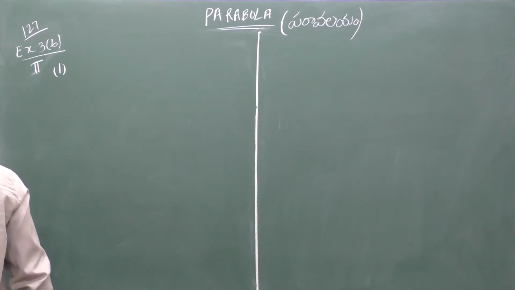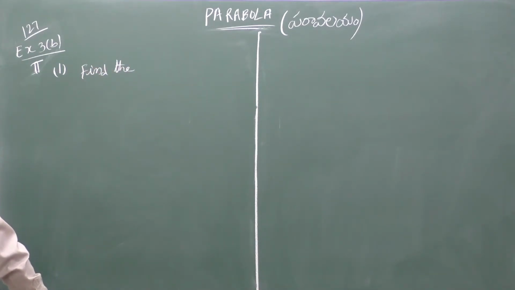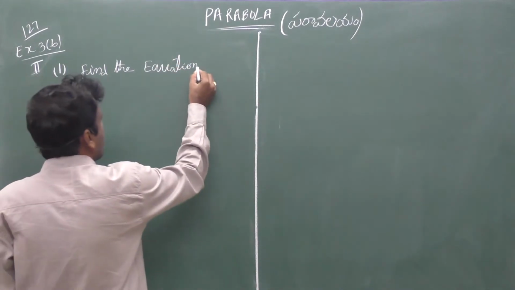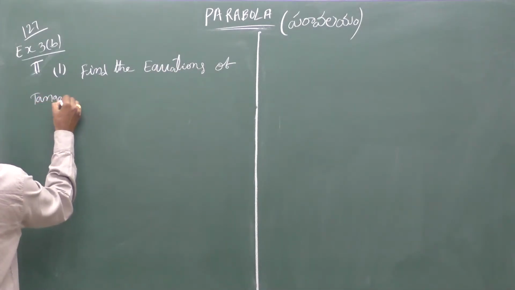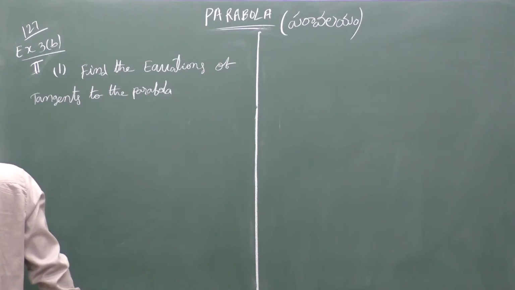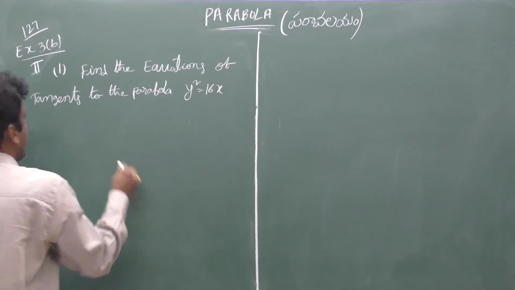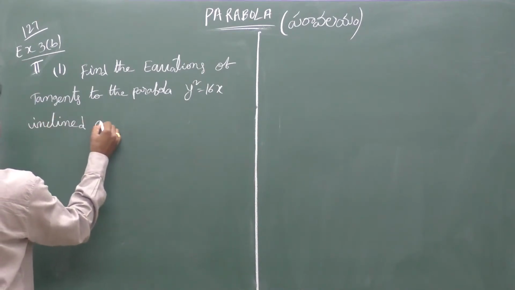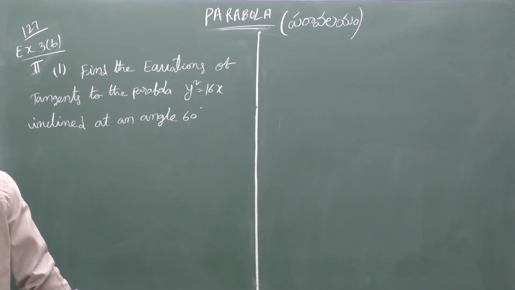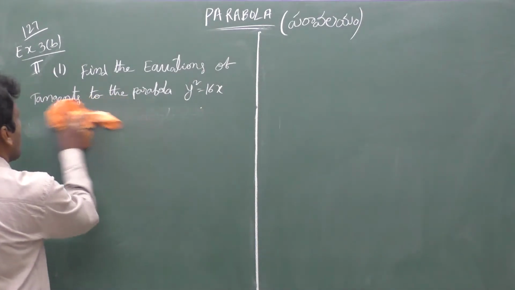Okay. Find the equations of tangents to the parabola y² = 16x, inclined at an angle of 60 degrees, which are parallel and perpendicular